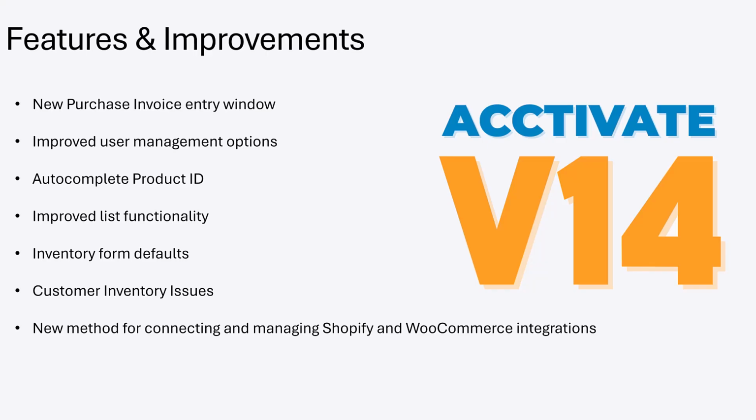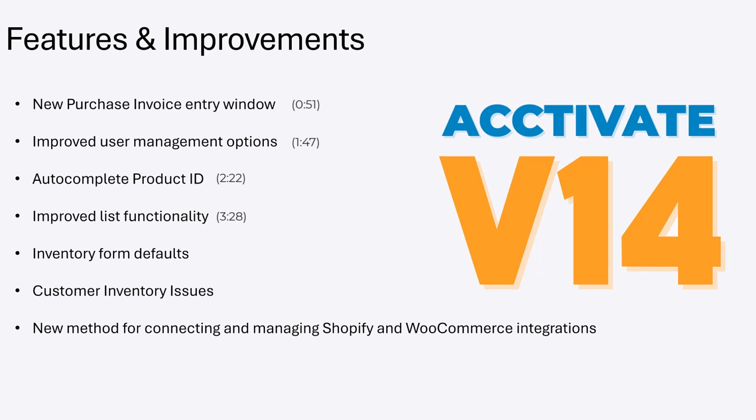Acctivate version 14 introduces many new features and improvements designed to make you more productive than ever. Features and improvements include a new purchase invoice entry window, improved user management options, support for auto-completing the product ID field as you type in the sales, purchasing, and inventory transaction grids, improved list functionality, including the ability to process